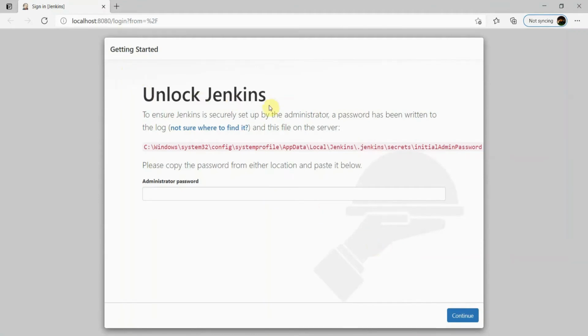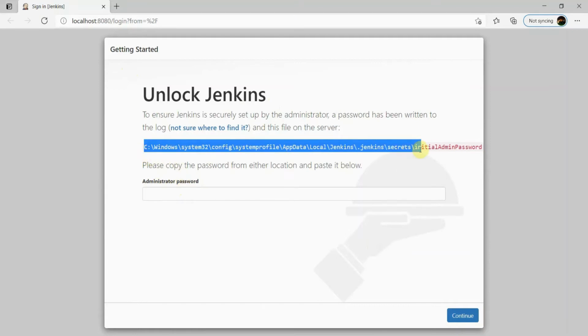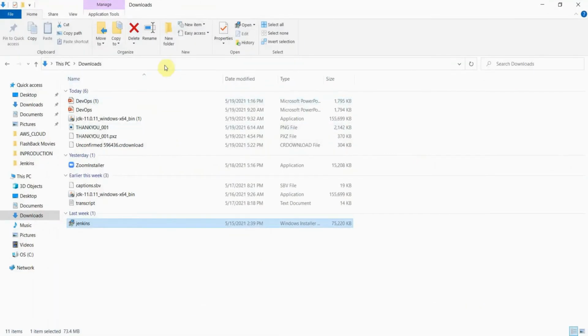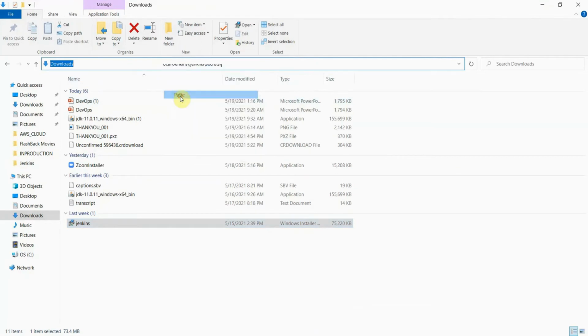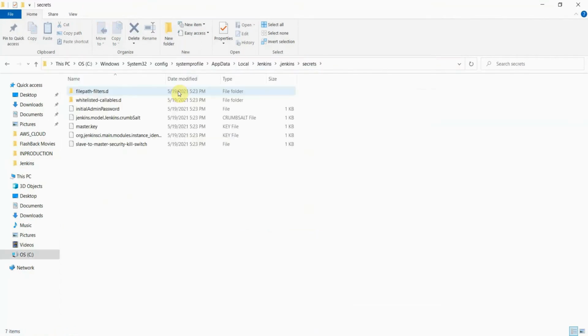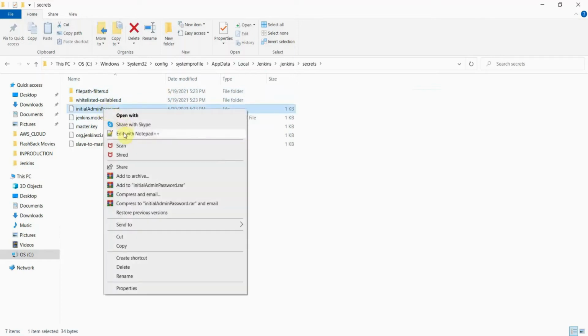It's asking to unlock Jenkins, and we need to provide the administrator password, and this password will be available in the file location provided in red color. So copy this file location, go to the directory, and paste this location. Here we got the initial admin password.